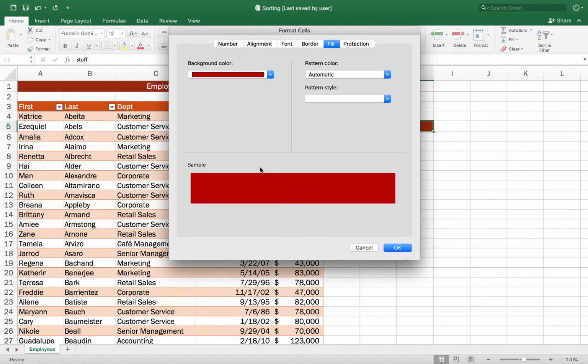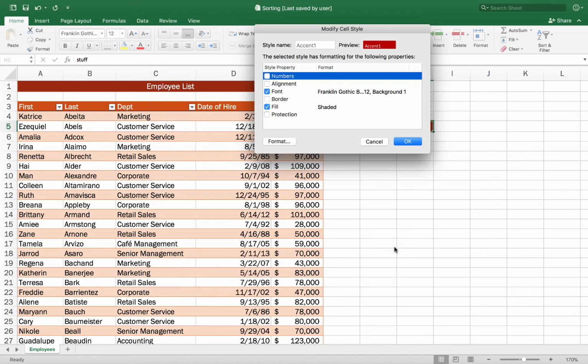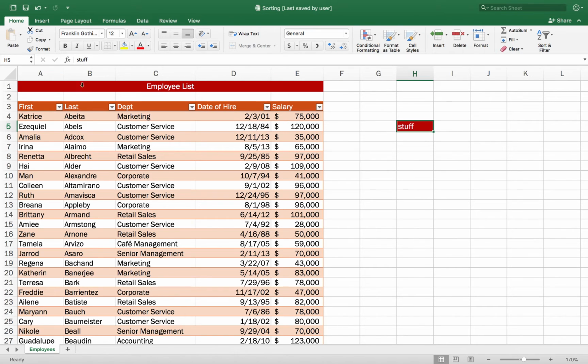So I changed the color there, and then I could change any of these other parameters for the style. But check this out. When I OK my way out of here, and then OK the Modify dialog box, in this simple example, I've changed both my title at the top there, which I didn't even touch, and this other item. So this is just a super simple example, but if you've got a really big spreadsheet, this is a real strategic way to do some powerful formatting.